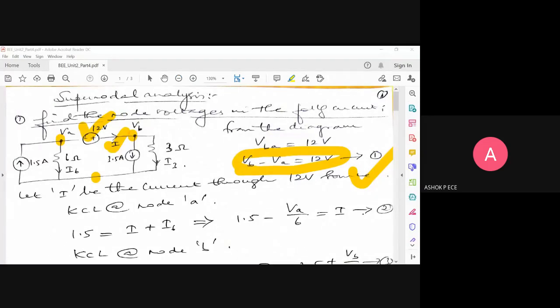See, if you try to relate things and learn, it is going to be easy for you. In supermesh, we assume the voltage across the current source to be some Vs, and we try to eliminate Vs. In supernode, we assume the current flowing through the voltage source to be capital I, and I is unknown because we don't have the resistance between A and B. So I cannot be found directly. So we have to eliminate this I, find the node voltages, and then you can find the value of I once you have found the values of VA and VB. Okay, so that is going to be the thing.